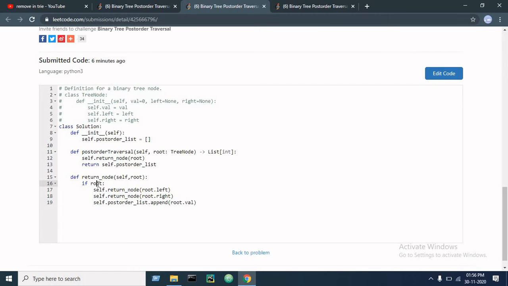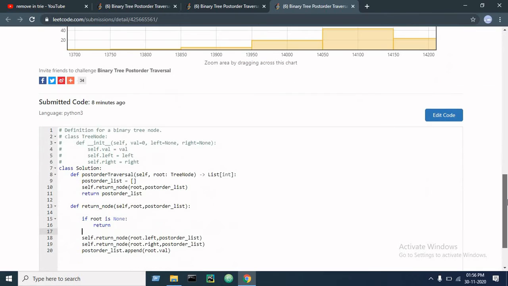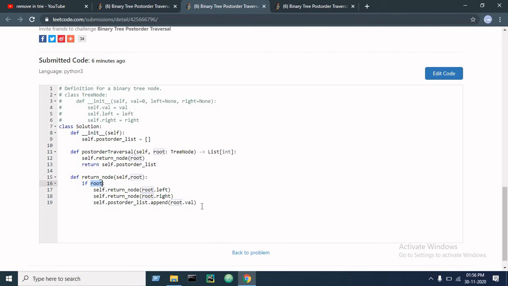I also removed this if root is none check and replaced it with if root, meaning if root is valid, then only do this; if not, do not do anything here.